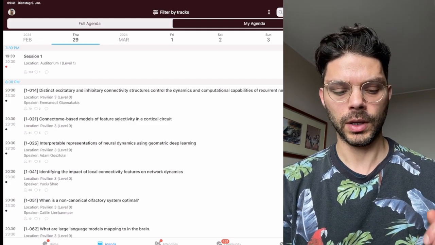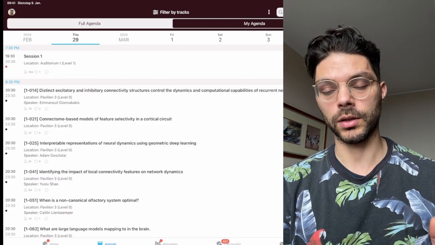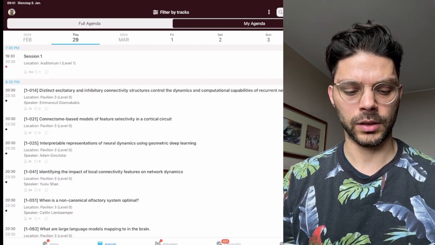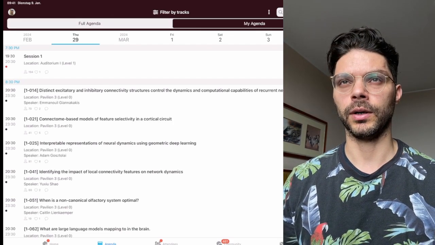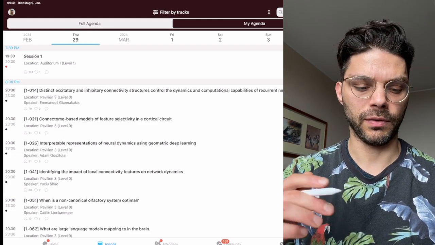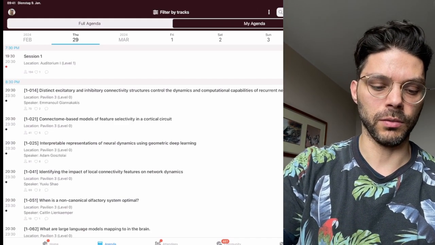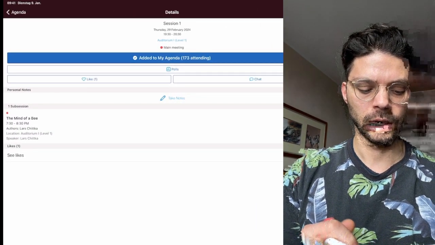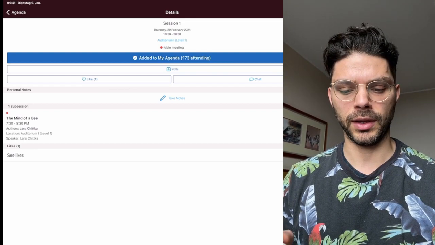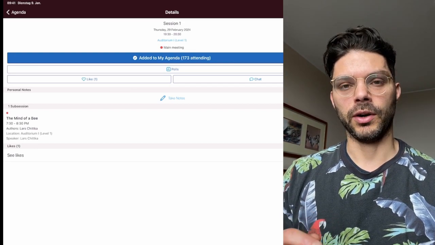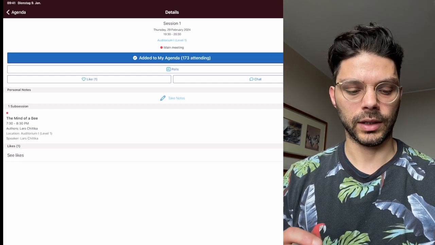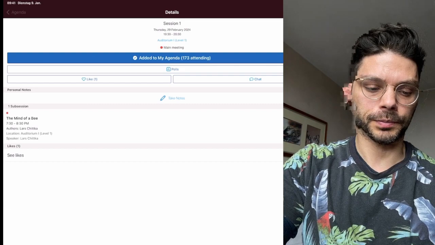I've gone through them and highlighted some of the ones that look particularly interesting. I thought I'd go through some of these right now to prepare for the poster session this evening. Actually, the first session is going to be Lars Chittka talking about the mind of the bee. I think that's quite in line with my hope earlier that there's going to be some insights from the insect brain. So I think we're going to be seeing that a little bit later today.